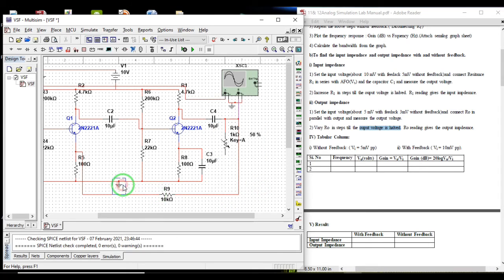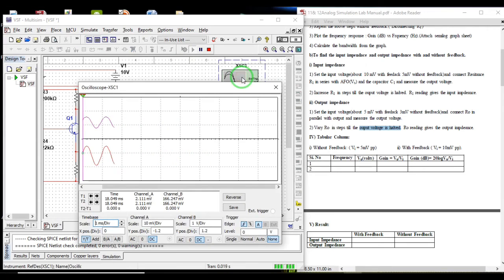And I'll connect it to ground. So copy, paste this ground. Yes. Now let me run. I have put 1k load. Let me see what is the output.